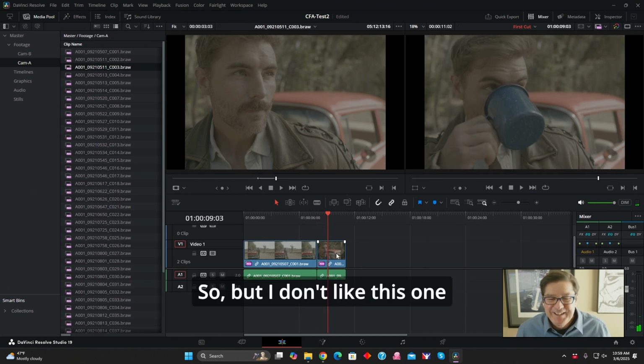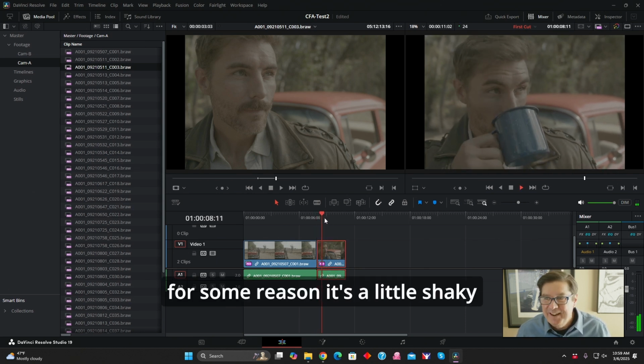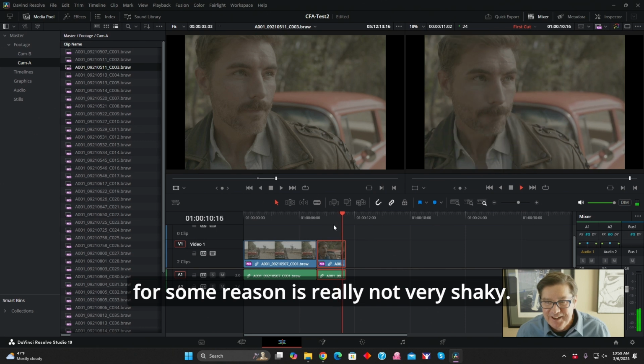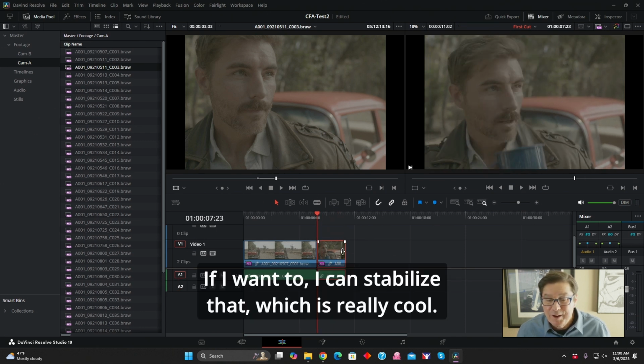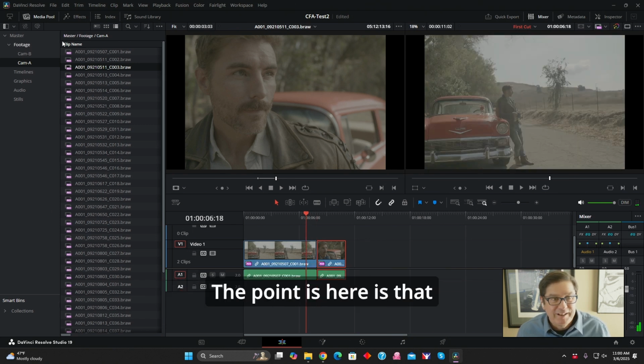But I don't like this one for some reason. It's a little shaky. It's really not very shaky, but let's say it's a little shaky. If I want to, I can stabilize that, which is really cool. But we'll get to that in a second. The point here is that